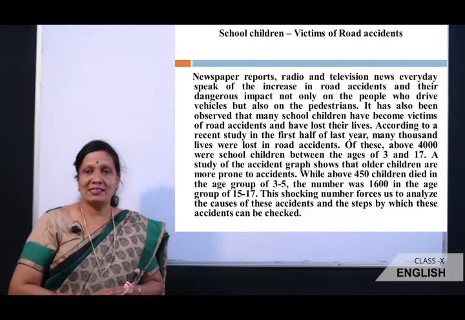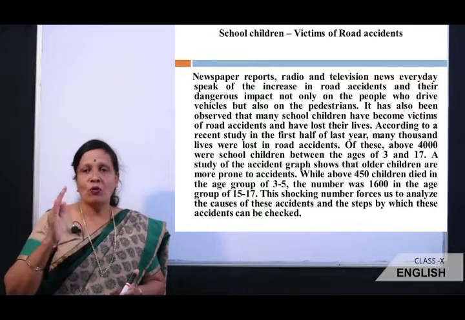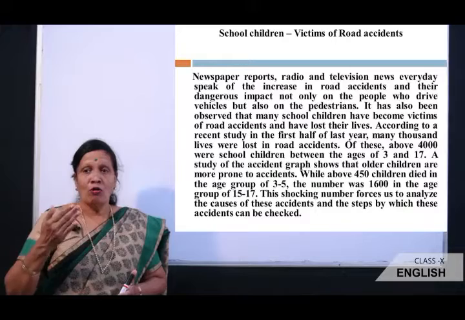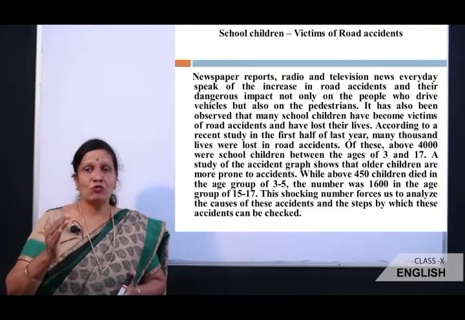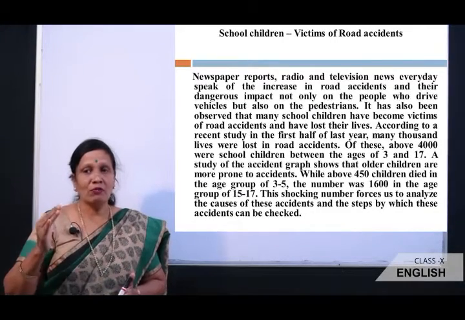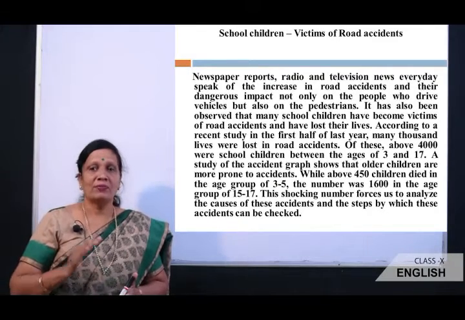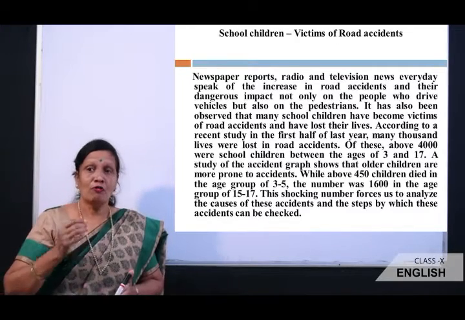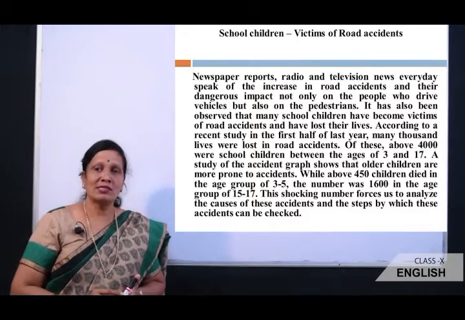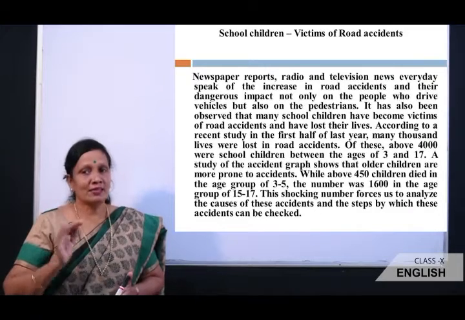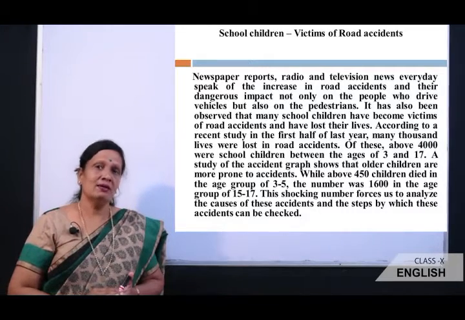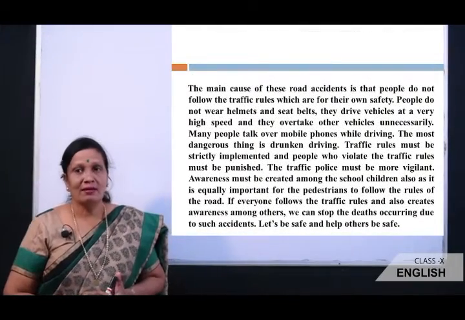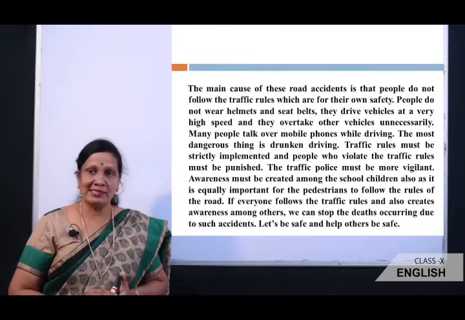A study of the accident graph shows that older children are more prone to accidents. While above 450 children died in the age group of 3 to 5, the number was 1600 in the age group of 15 to 17. This shocking number forces us to analyze the causes of these accidents and the steps by which these accidents can be checked. The main cause of these road accidents is that people do not follow the traffic rules, which are